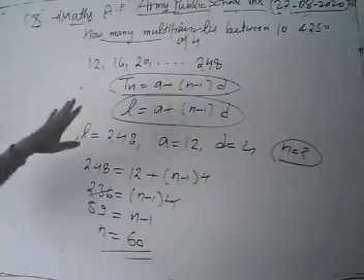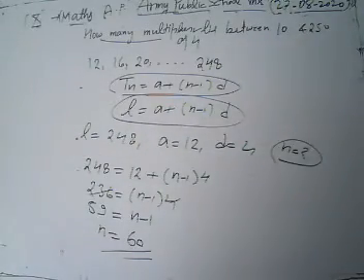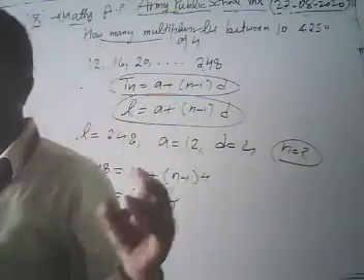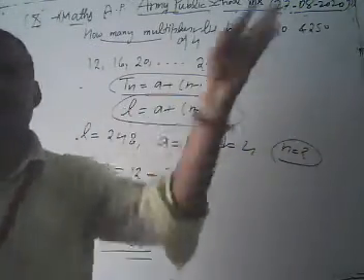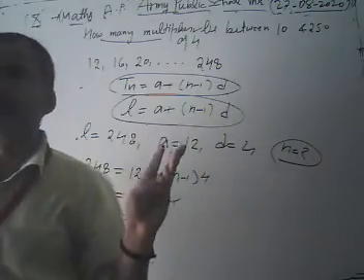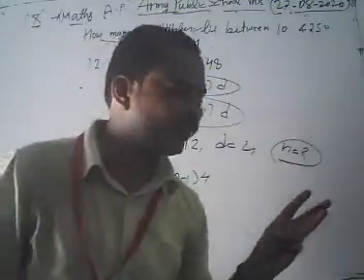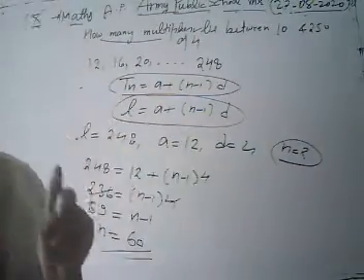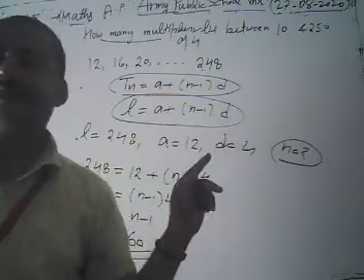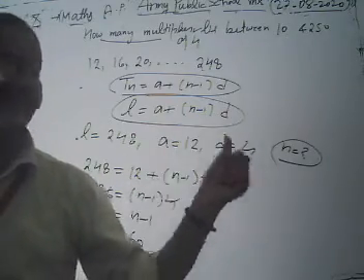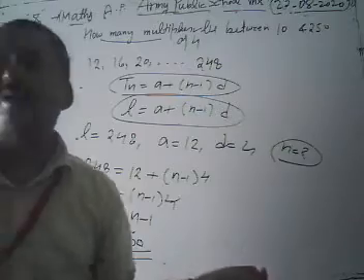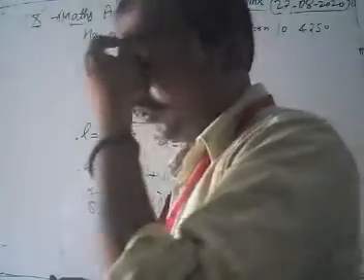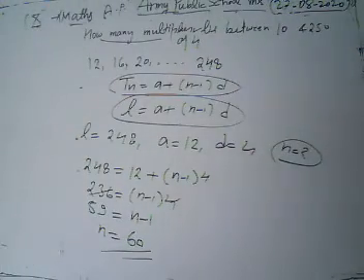But look, there is another method to find this out, the counting method. You can also find this answer by counting. So we start with 12, 16, 20, 24, 28, 32, 36, 40, 44, 48, 52, 56, 60, 64, 68, 72, 76, 80, 84, 88, 92, 96, 100, then 104, 108, 112, 116, 120 and so on.